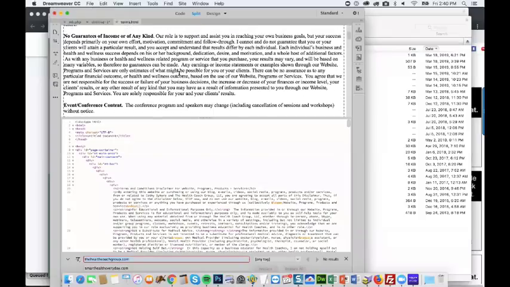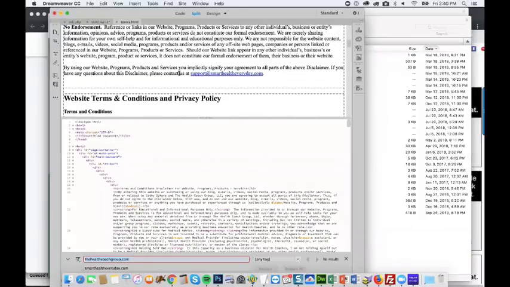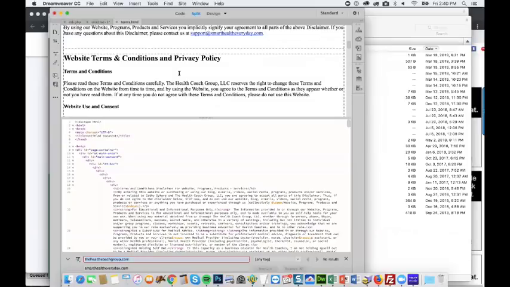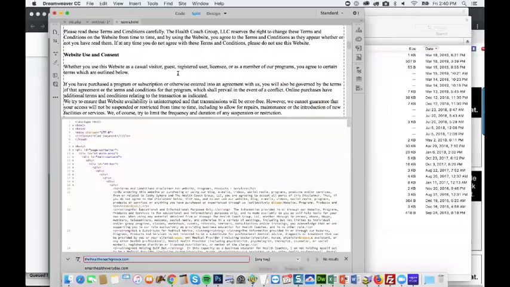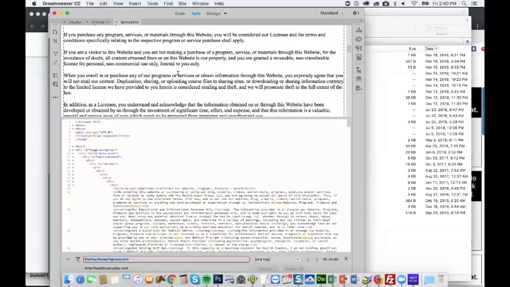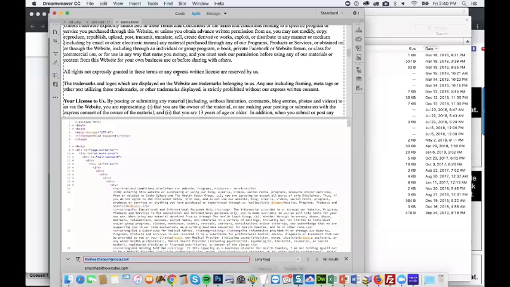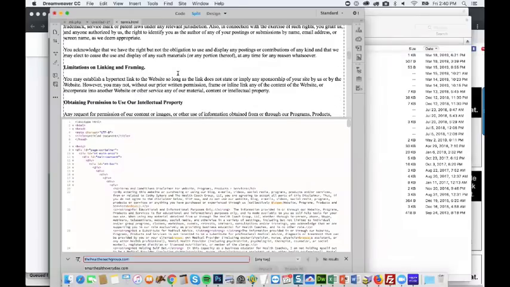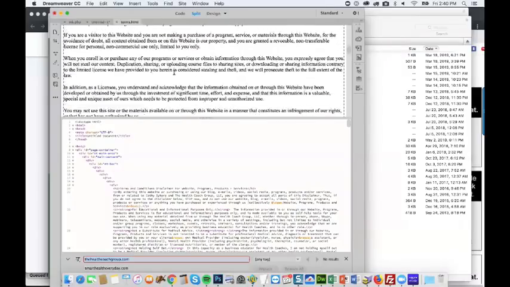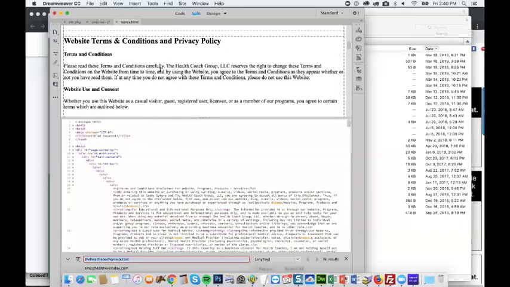All right, so now we're on the privacy policy. Now, if you are collecting emails, then you do want to make sure that the privacy policy covers that. We are not, but still, we want to make sure that it's good enough. All right, so let's just see where it started.